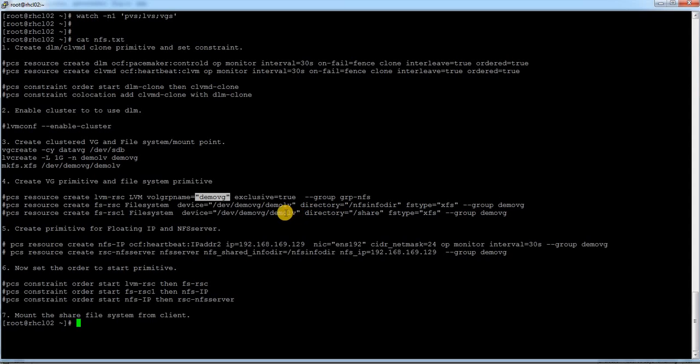Anyway, I will change that, and the directory it is going to be mounted on is NFS info dir, where my NFS files and folders are going to reside, and this is the share file system which I am going to share. So I need to ensure these two directories are created. So let me create NFS info